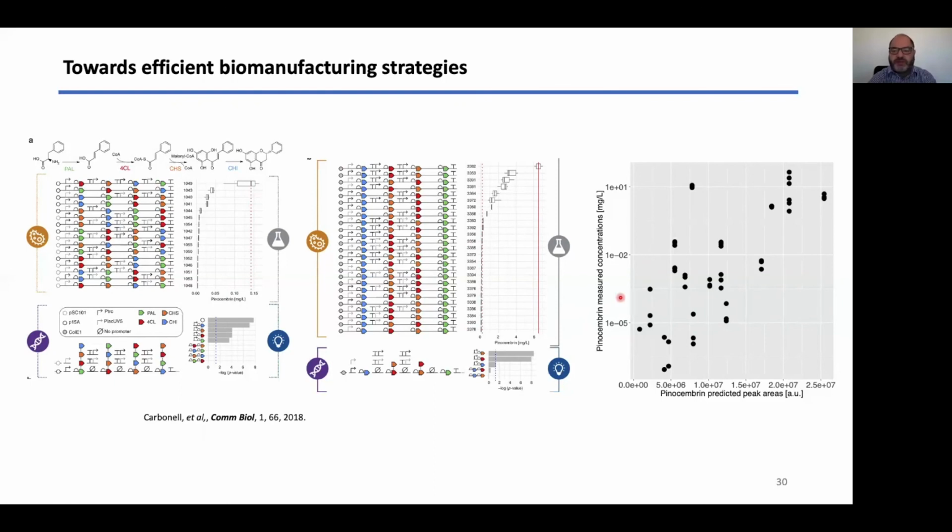So not always is perfect, but we have a nice correlation, and that shows us a proof of concept that it is possible to perform this type of approaches. Okay,